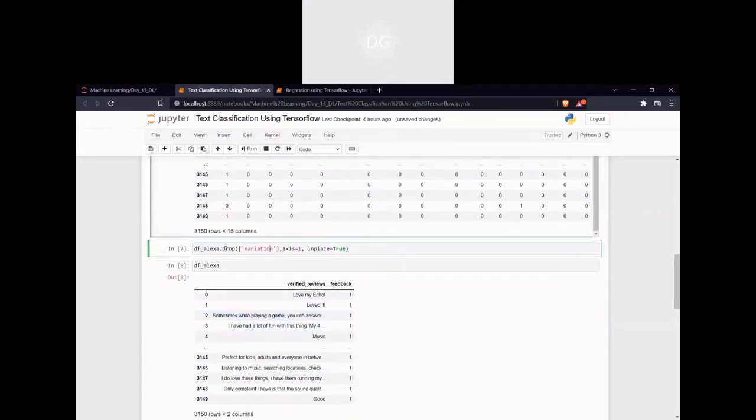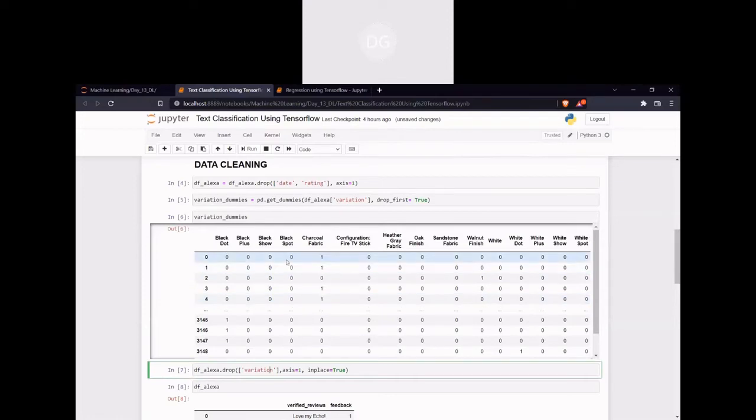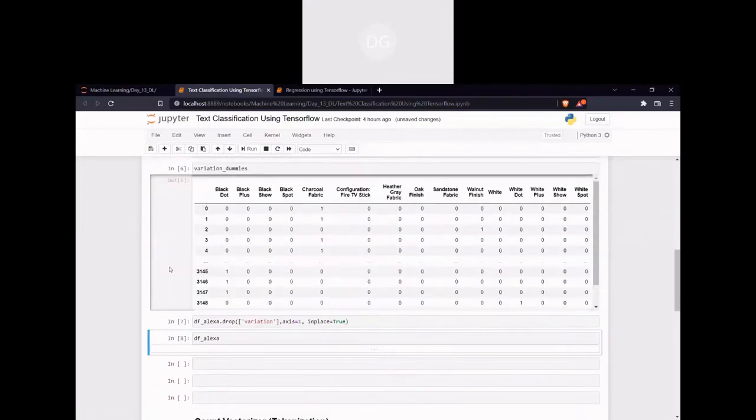Now we have to concatenate these 15 columns with my data set. So for that, just pd dot concat, df Alexa comma variation dummies.